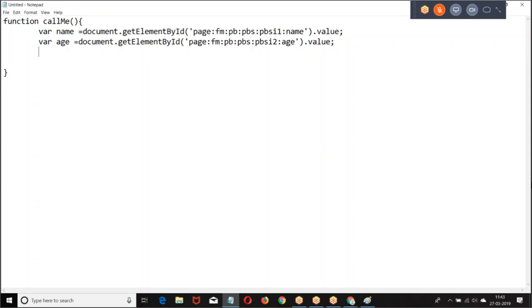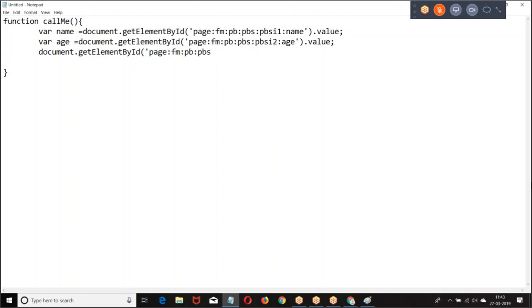Then you want to print it. How do you print it? Document dot getElementById, page, form, page block section 2.